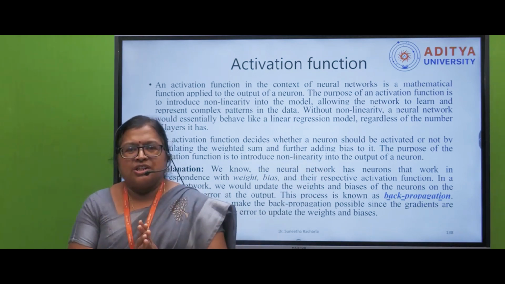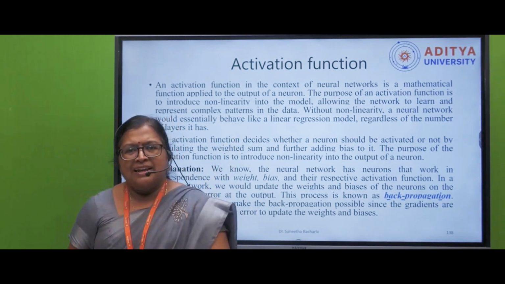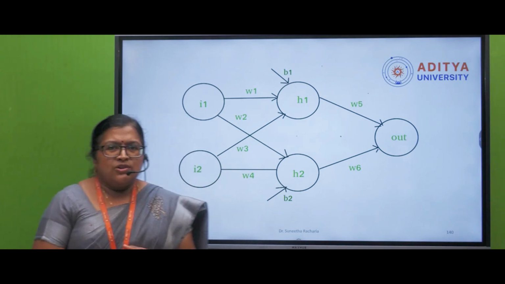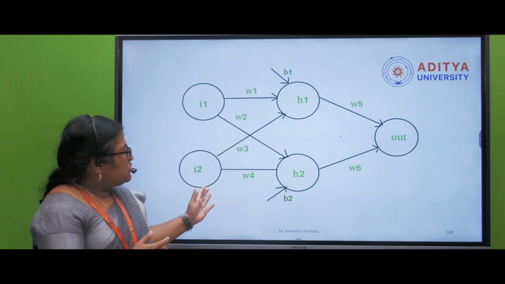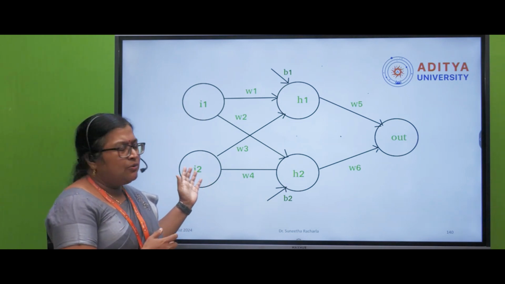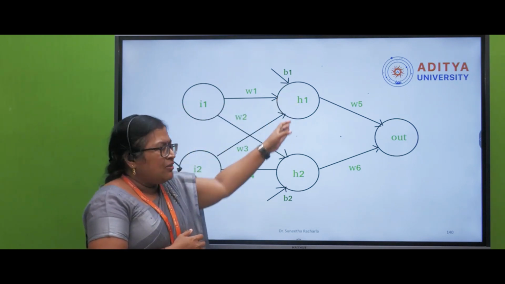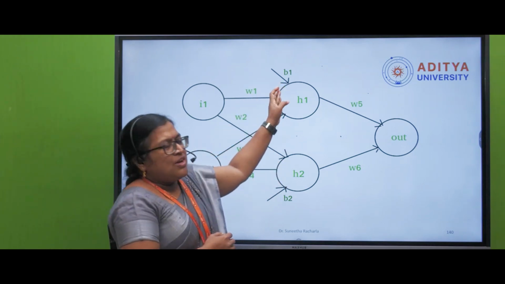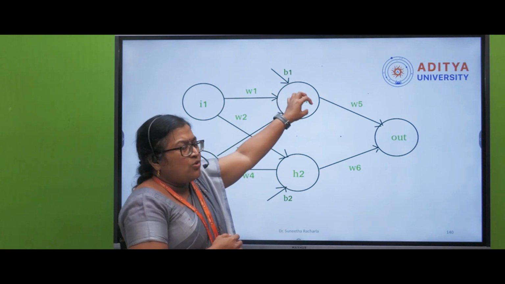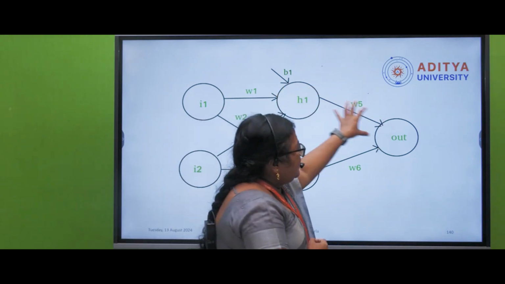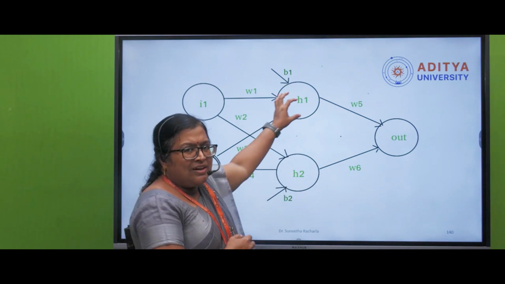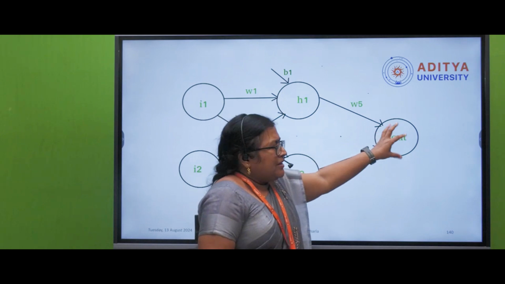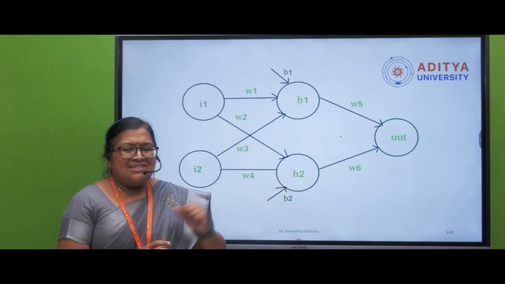Now, without an activation function, you are just giving some input, some hidden layer, and some output layer. I'll show you the diagram. Here we have not used any activation function. The inputs are I1 and I2. These inputs are processed in a hidden layer, and for the hidden layers we are adding the weights, and of course some bias. This summation goes to the hidden layer, then whatever mathematical analysis happens here, and we come to the output layer. This is the basic structure.